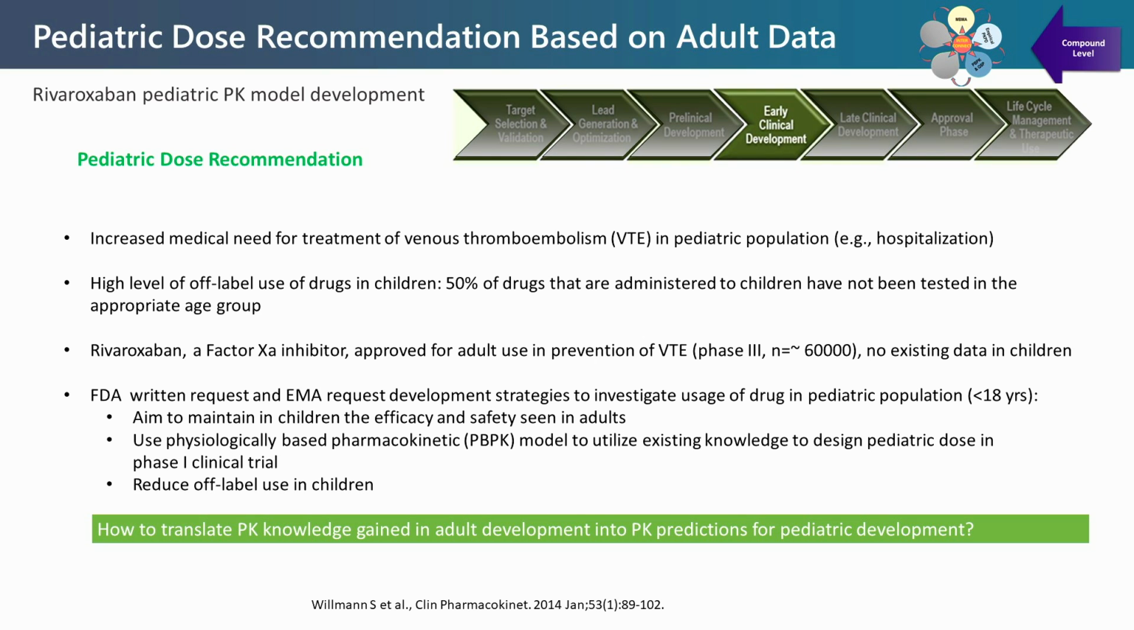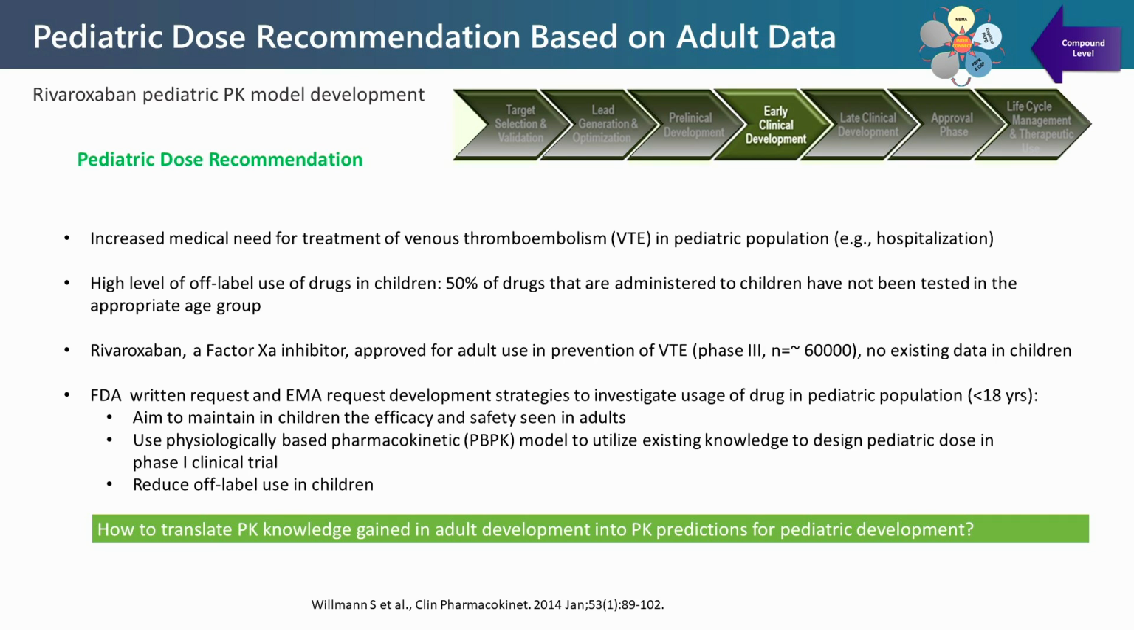Rivaroxaban has been approved for adult patients for severe VTE disorder based on data from a phase 3 trial. As there were no existing children data of rivaroxaban back then, and with its well-defined PK/PD characteristics and efficacy and safety profiles in adults, the regulatory agency requested the development of strategies for pediatric dosing recommendation for children less than 18 years old. The dosing strategy will aim to maintain the efficacy and safety seen in adults